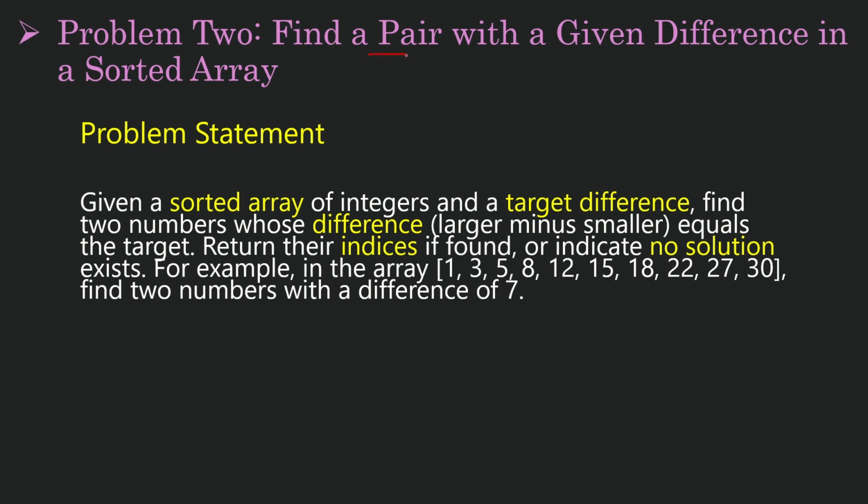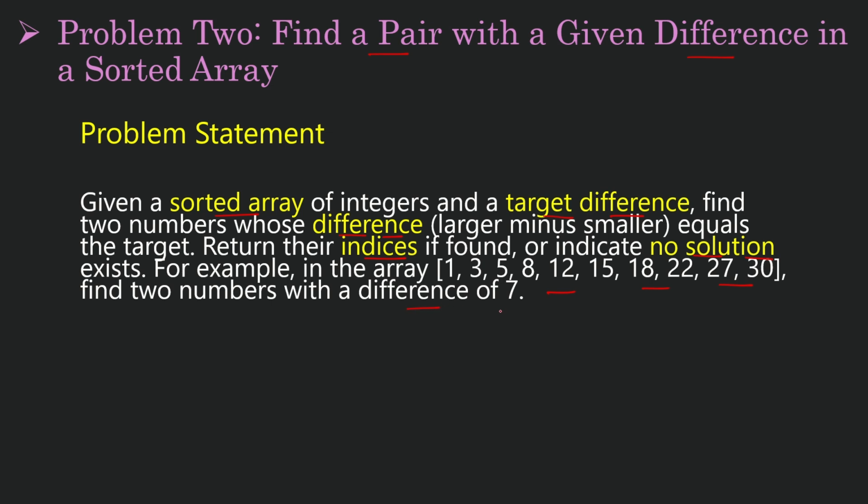Problem 2. Find a pair with a given difference in a sorted array. Given a sorted array of integers and a target difference, find 2 numbers whose difference, larger minus smaller, equals the target. Return their indices if found, or indicate no solution exists. For example, in the array 1, 3, 5, 8, 12, 15, 18, 22, 27, 30, find 2 numbers with a